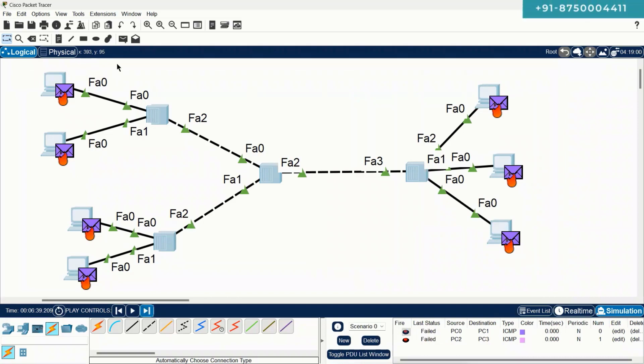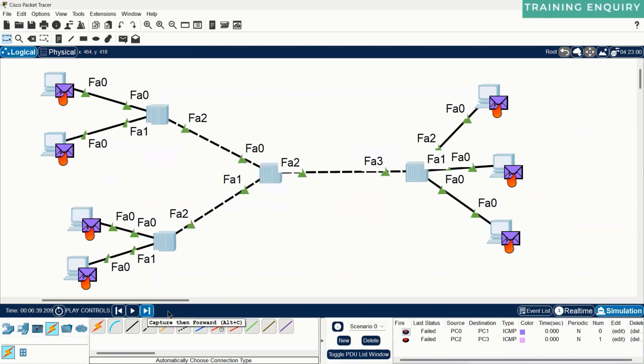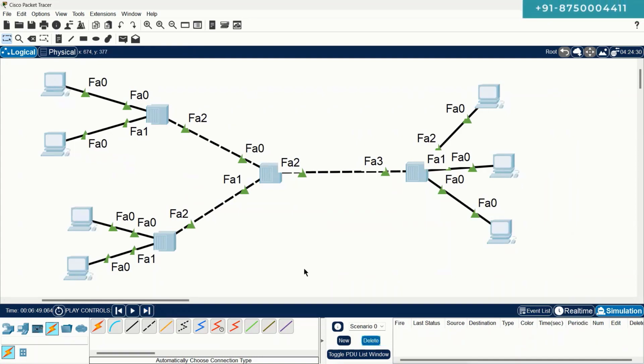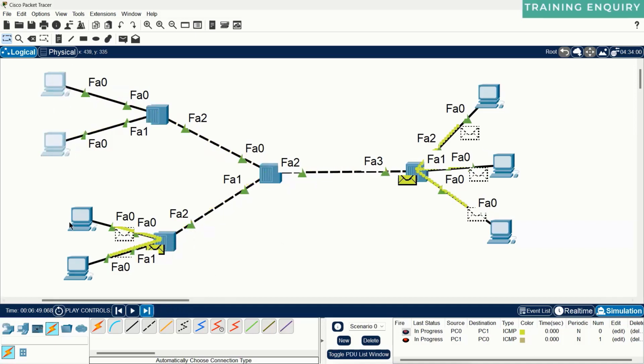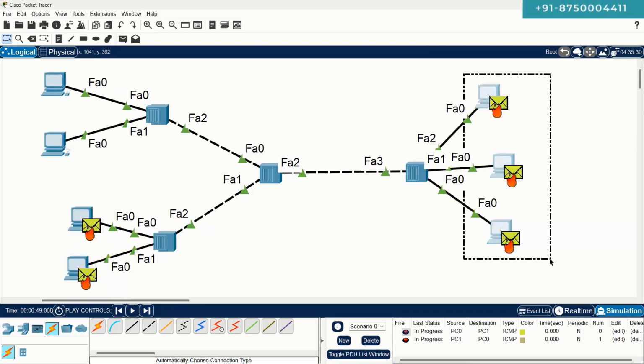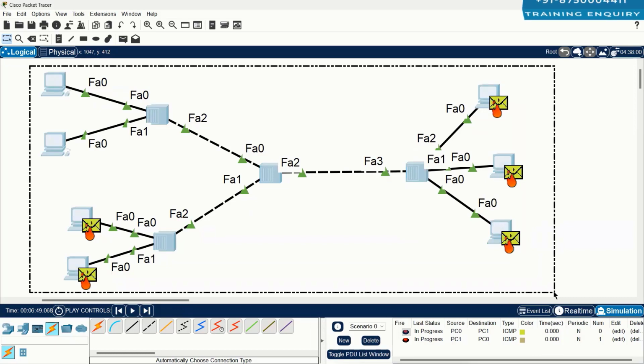Even if, for example, I try to transmit from device A to device B and device B to device A, the same thing will happen. If I go from here to here, and at the same time from here to here, both devices try to transmit the data at the same time. You will notice in this case also the packet will collide here, collision will occur, and not only these two devices but all the devices will get affected by it. So this is what we refer to as a single